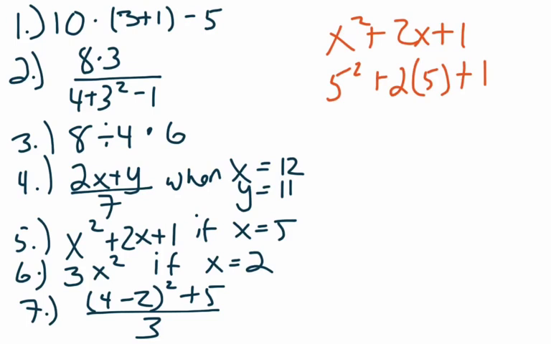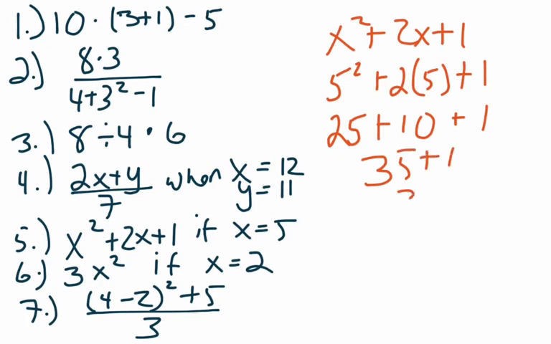We have exponents, adding, multiplication, and then some more adding. Order of operations says that we need to do the exponent first. So that's 5 squared, which is 5 times 5 or 25. Now, some people would have you copy down 2 times 5, but now that you've done the exponent, you're free to go ahead and do the multiplication too. You don't have to copy that down again. Then 25 plus 10 is 35, and 35 plus 1 is 36. Next one